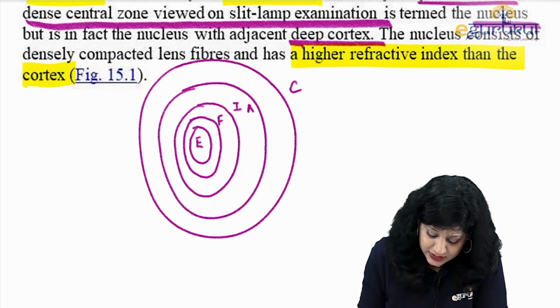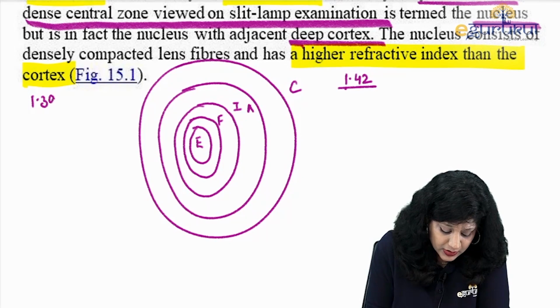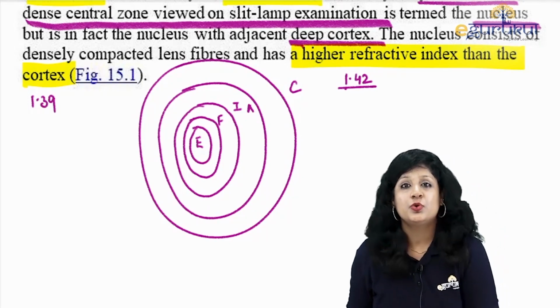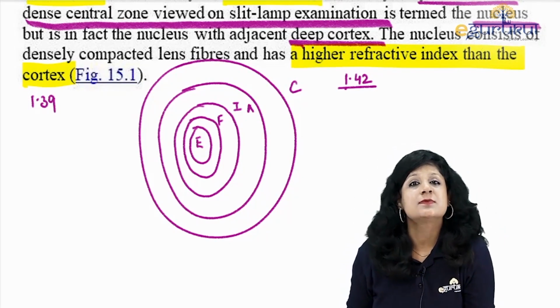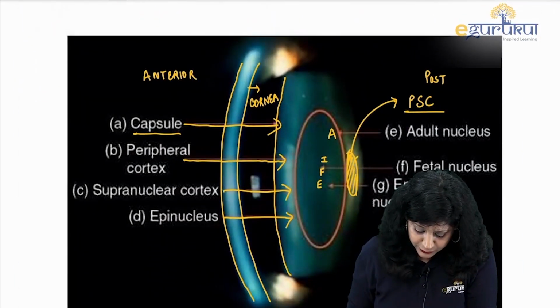And what is it? It is about 1.42. Cortex is 1.39, and this nucleus is 1.42. So it has got a refractive index which is much higher than that of the cortex. Okay. Now if you see here,